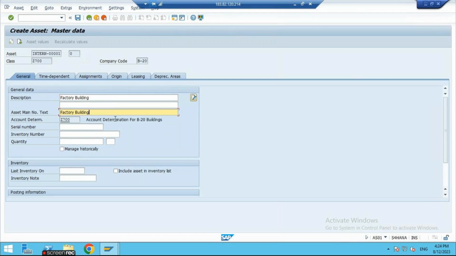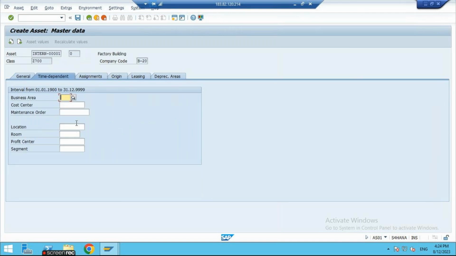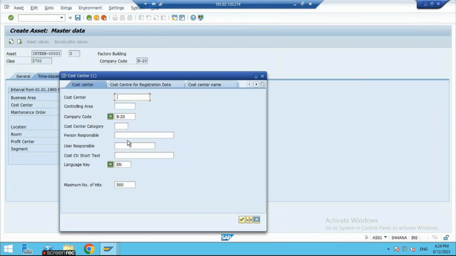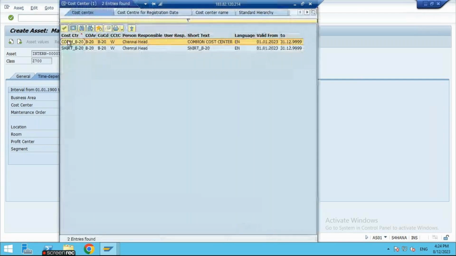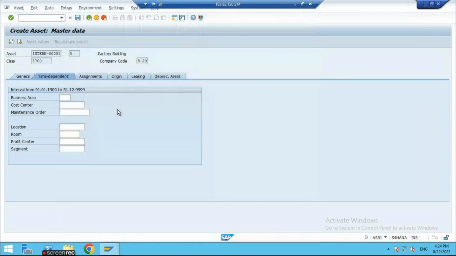Enter the name of this. And if required, you can enter the cost center, that means which department is using it or which branch it belongs to, and the profit center. Like that, we can link it. As of now I don't link anything, but I will take one cost center, this common cost center. Once it is done,